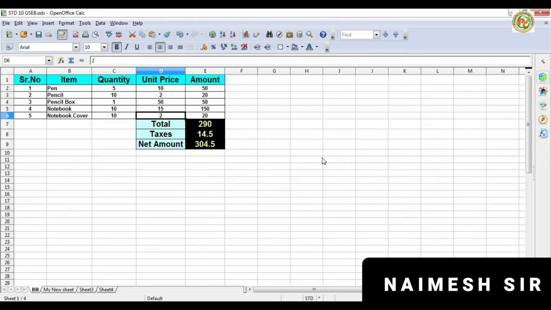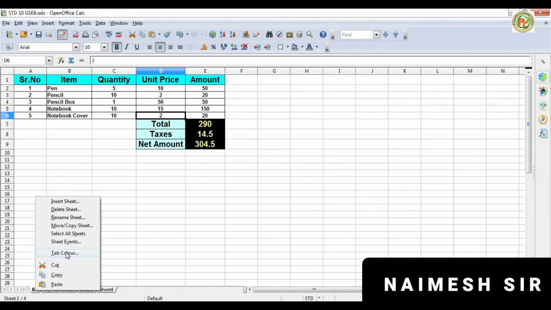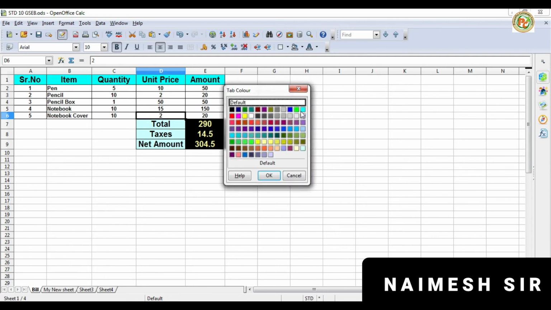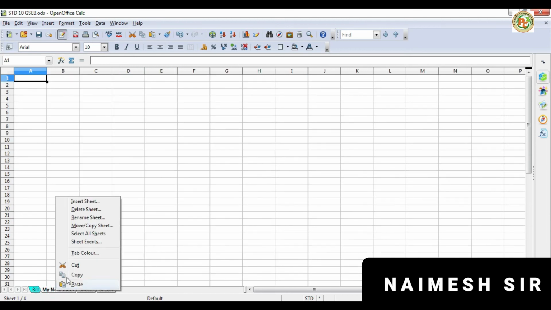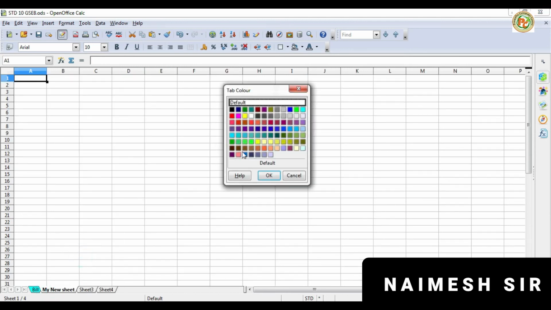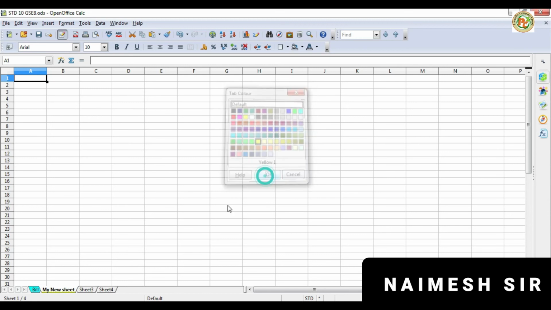Okay, now next we are going to change the color of this tab. Okay, to change the sheet color, it is very simple. So what to do, we can right click here, and we have the tab color option, and you can select the particular tab color. So right click here, then click on the tab color and the particular color and click OK.